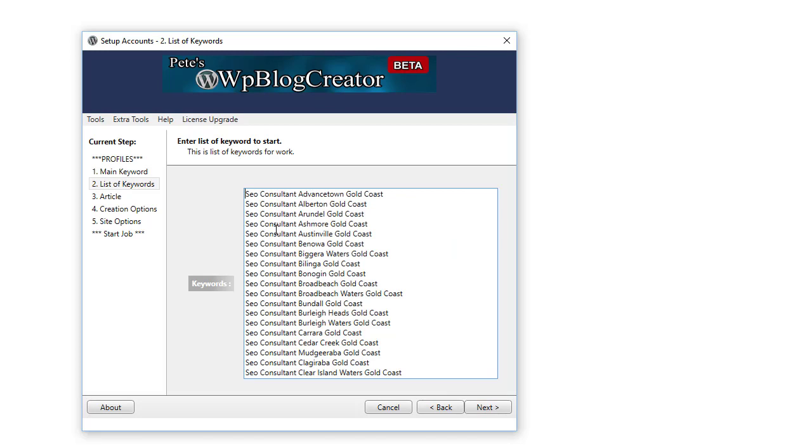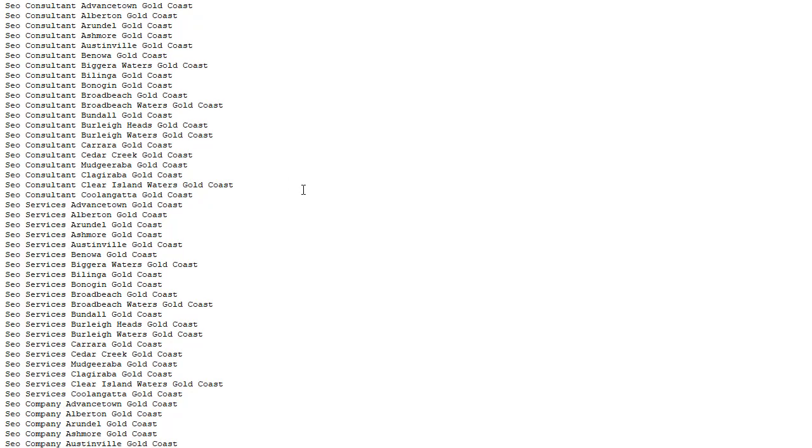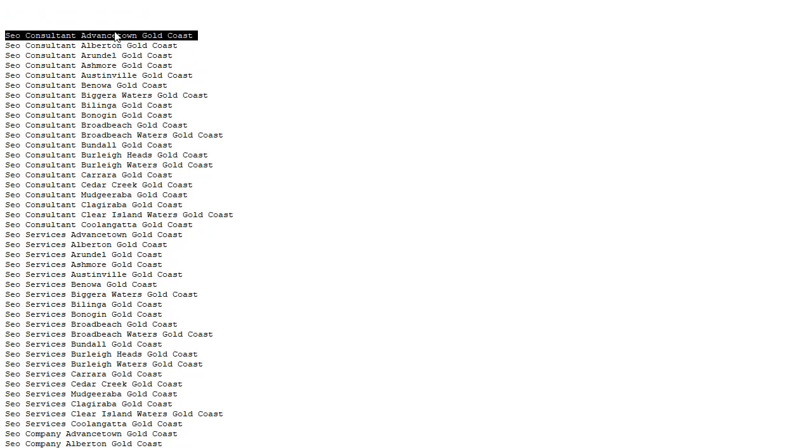So these are the keywords I'm targeting, and I'll just break them down how we do it here. So I'll grab all them, Control A, paste them here. So there's 3 main terms we're going for: SEO consultant, SEO services, and SEO company. And each of these terms has the suburb and the city. Suburb and the city. The reason we do this is because